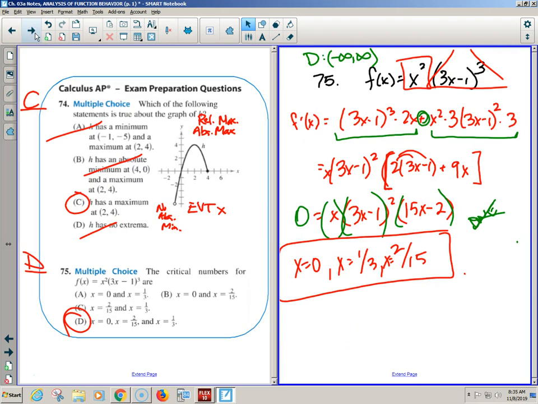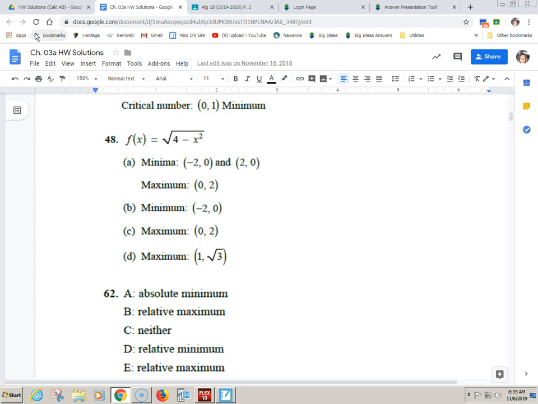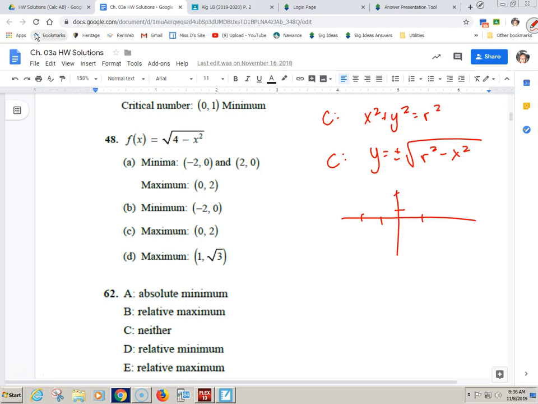Number 75. Yeah, it had some work, right? So, who is 4 minus x squared, and why are we supposed to know what he looks like? It's a basic graph we should probably add into our forever card. Because if you were to solve for y, a circle, which hopefully we all know, could look like this. It's a semicircle. Does that make life easier? Yeah. You didn't have to take a derivative. You didn't have to think about zeros or d and e's. You just had to think about a semicircle.